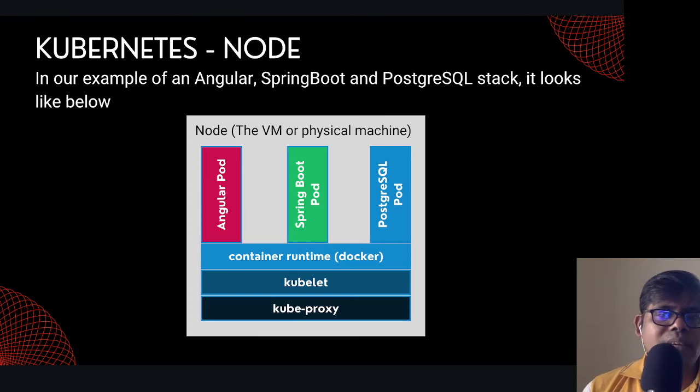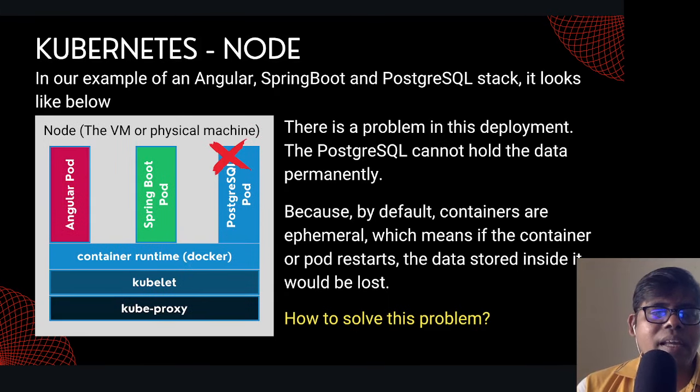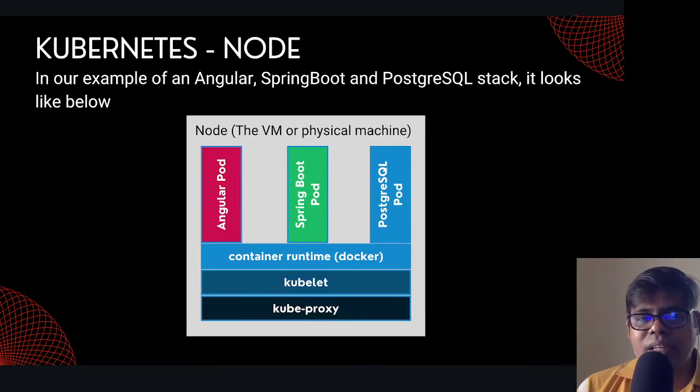To get a proper example, in our hypothetical case, we have an Angular application, a Spring Boot application, and a PostgreSQL application, right? So in that scenario, we have one node, one VM or a physical machine, where in this example for the container runtime we used Docker. In that we have an Angular pod, a Spring Boot pod, and a PostgreSQL pod. That's how these things can be visualized. And now with that, there is a problem. Okay, so that problem is